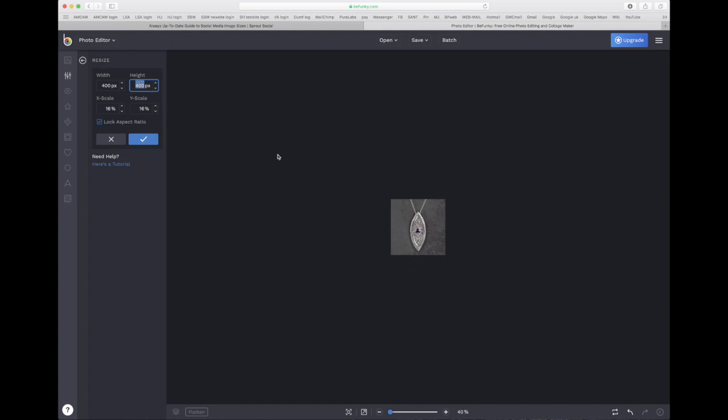And then because I fixed the aspect ratio as a square, as soon as I click out of that width box, it's automatically dropping the height because we've got this lock aspect ratio ticked. If that wasn't ticked, you could actually change the scale of the photo here. So if you're preserving the crop that you've done previously, just make sure the lock aspect ratio is ticked. And say if it's a Facebook cover, so you're doing 640 wide, as soon as you clicked out of that, it would tell you what the automatic height was,